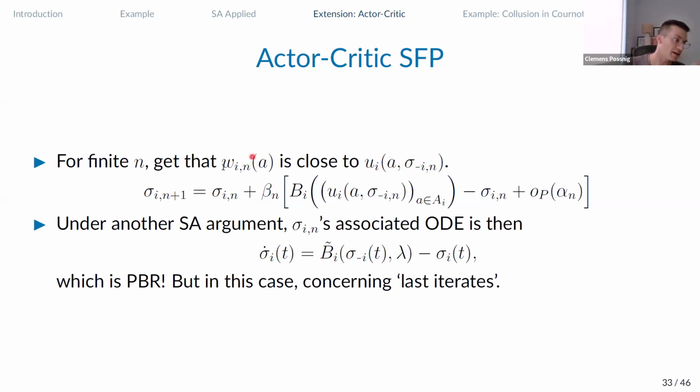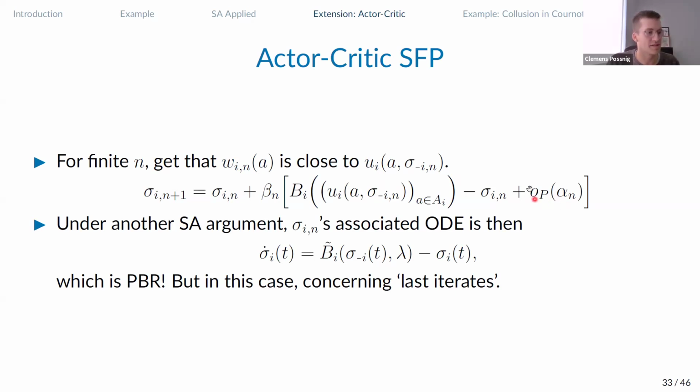So if we go back to actor time, which lives on beta n actually, right? Which is the slower of the 2 timescales, we can rewrite the actor's update by adding and subtracting the correct softmax for the correct expected payoffs. And this is now the softmax of the stochastic fictitious player. And we're adding and subtracting this so that we get a new error term, which is just the softmax of the actual weight and the softmax of the expected true weight. And we know that this one converges to 0 in the limit in probability as alpha n converges to 0.